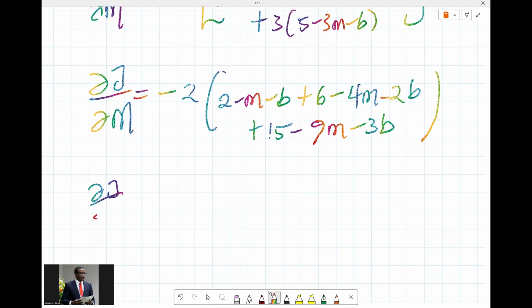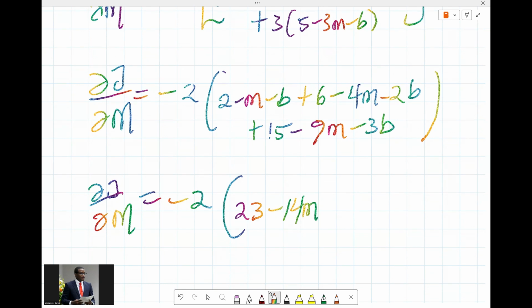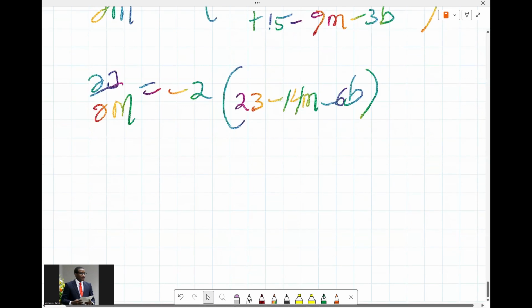So partial j, partial m is equal to minus 2 into 2 plus 6 plus 15. 2 plus 6 is 8, plus 15, that's 23. Then minus m minus 4m, that's minus 5m. Minus 5m minus 9m, that's minus 14m. Then for b, minus 3b, minus everything is minus 6b. So now,